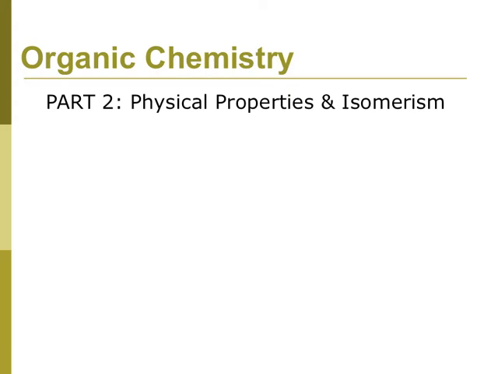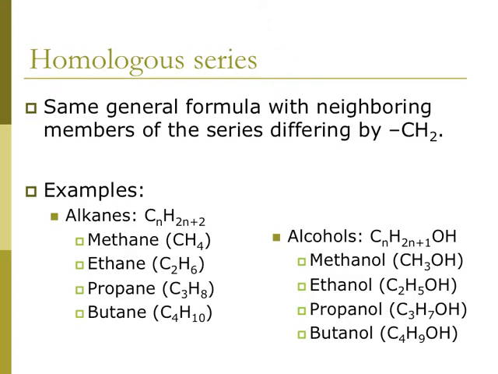Organic chemistry part 2. We're going to talk about some physical properties of organic compounds, and also we're going to talk about isomers. But first, let's talk about physical properties, and to do so, what we're going to look at is how these physical properties change as the molecular mass of a series increases. These are called homologous series, and they differ from other members of the series as you go up by just